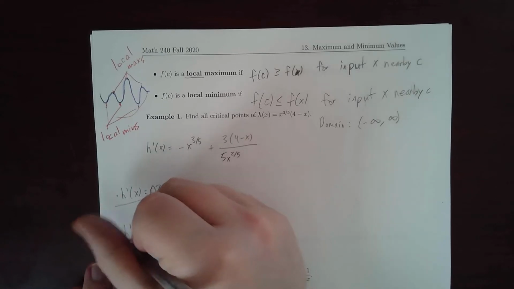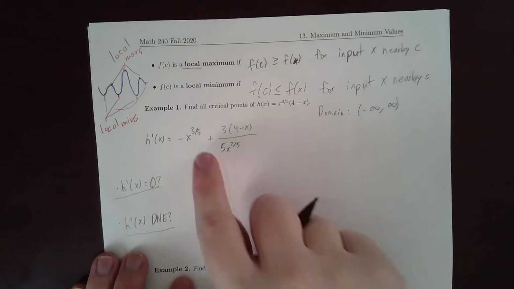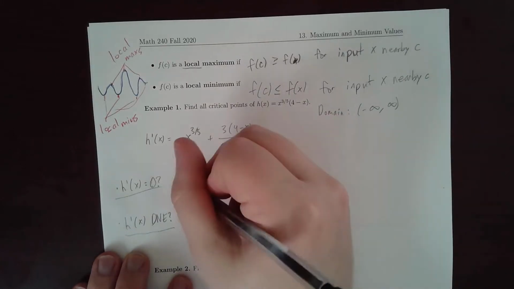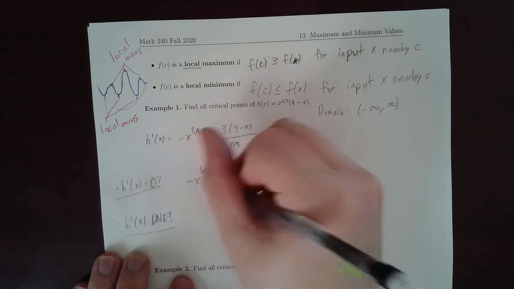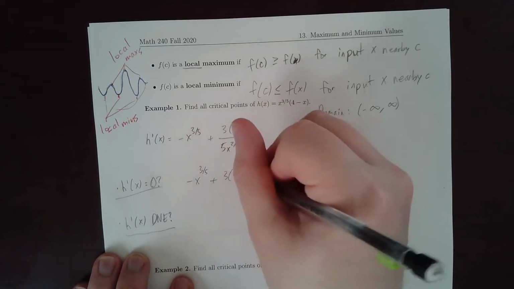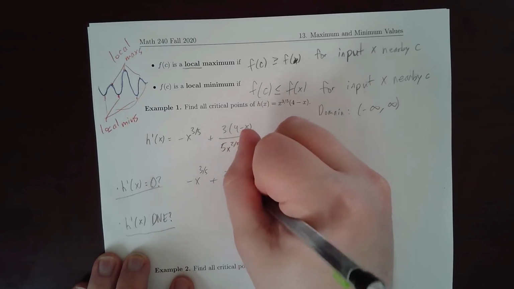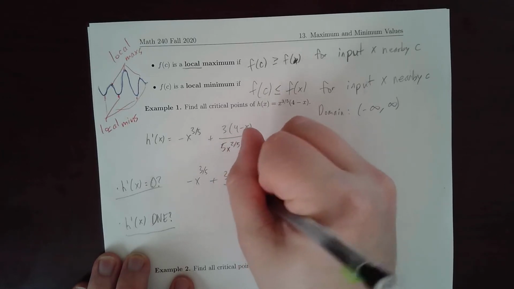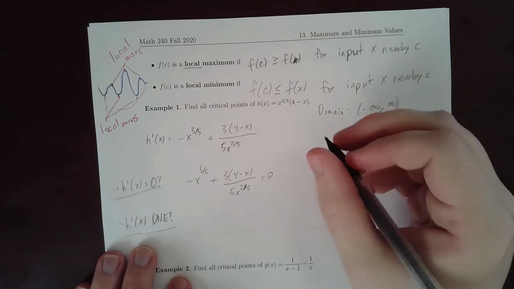So again, critical points are looking for the x values here. So the first thing we're going to do is take the derivative and set it equal to 0. So this will be negative x to the 3/5 plus 3 times 4 minus x over 5x to the 2/5 equals 0. If we rearrange this,